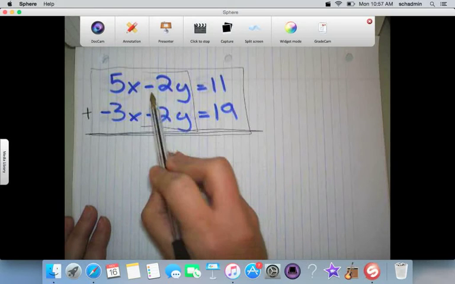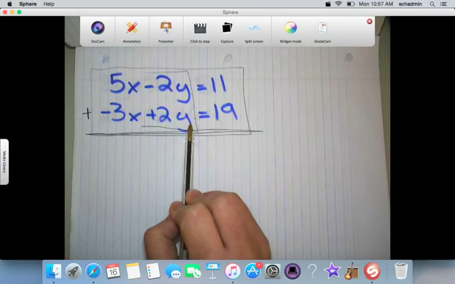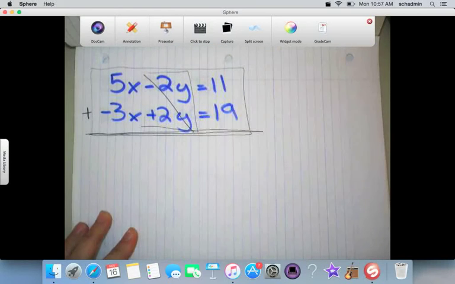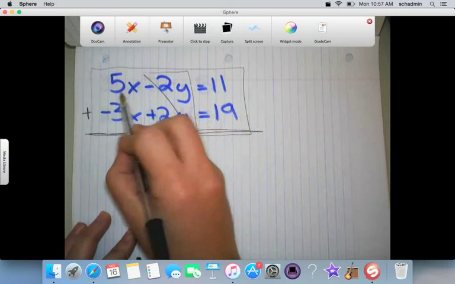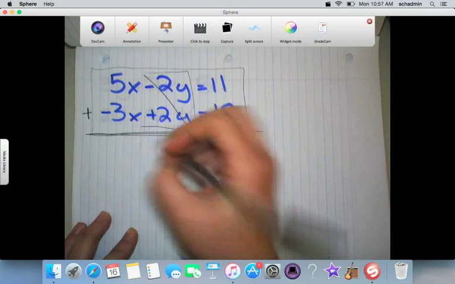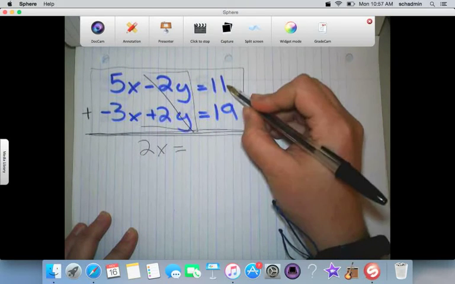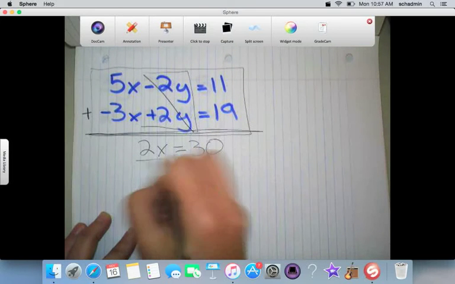So a negative 2y plus 2y is 0y. These two cancel each other out. It's actually gone. And so what you're left with is just your x's and just your constants. So positive 5 plus negative 3 is 2x equals 11 plus 19 is 30. Divide by 2,